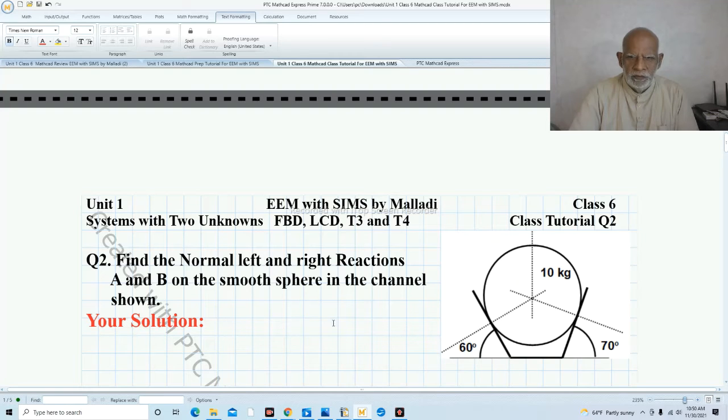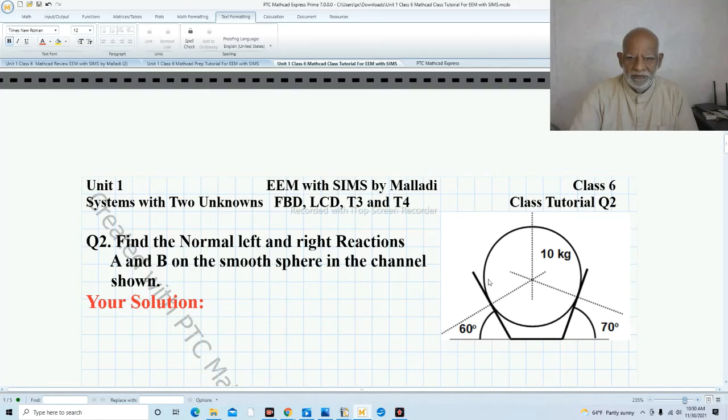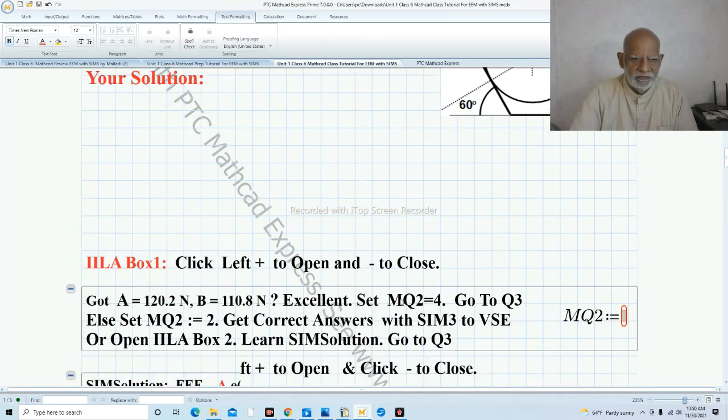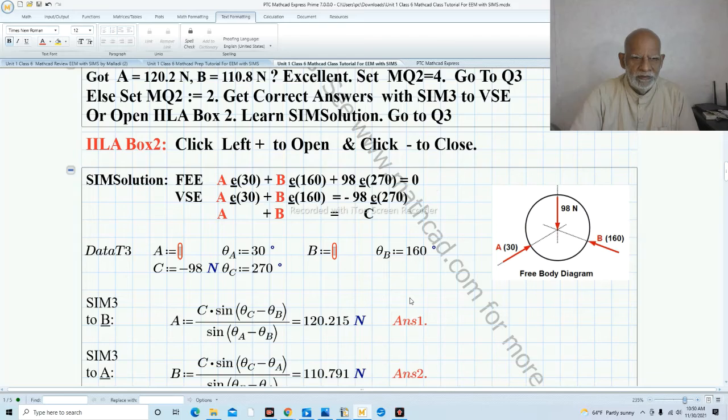Question number 2 is a typical problem which you see in the examinations, a free body diagram of a sphere placed in an irregular channel. So let's go to the solution very quickly. Here you don't see the channel or anything, you are showing only the forces. In fact, solving force problems is much easier because you don't have any concern of any loop. So you simply, everything will be plus here with the directions shown directly.